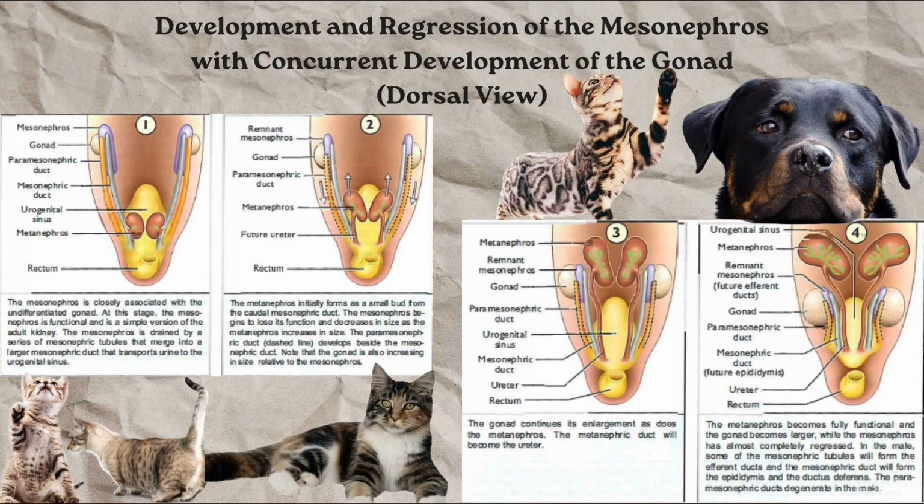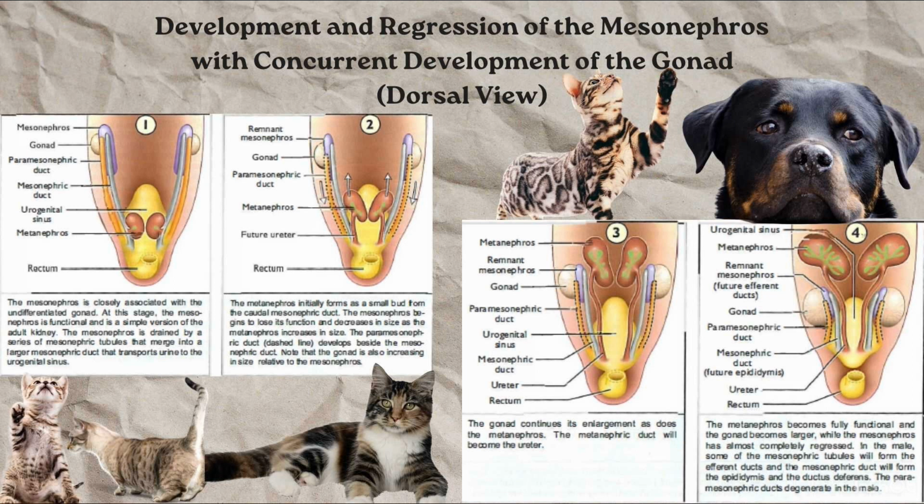Development and regression of the mesonephros with concurrent development of the gonad. Dorsal view. In the first illustration, the mesonephros is closely associated with the undifferentiated gonad. At this stage, the mesonephros is functional and is a simple version of the adult kidney. The mesonephros is drained by a series of mesonephric tubules that merge into a larger mesonephric duct that transports urine